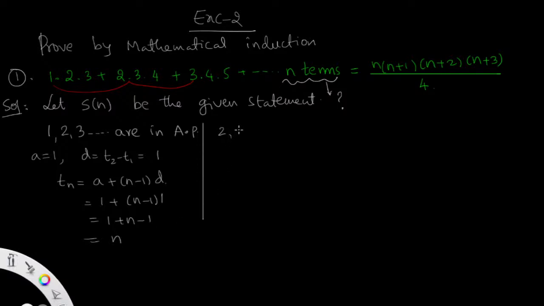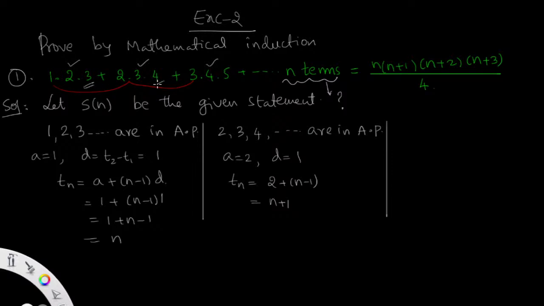Similarly, the second part is 2, 3, 4 and so on, which is also in AP. So A equals 2 and D equals T2 minus T1, which is 1. Therefore Tn equals 2 plus n minus 1, which means n plus 1. Similarly,